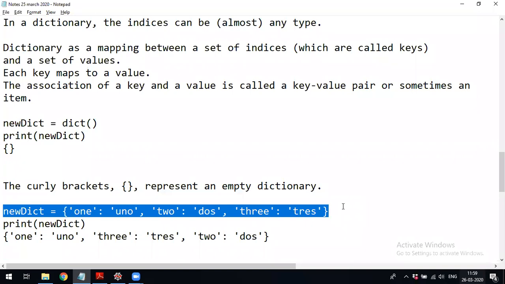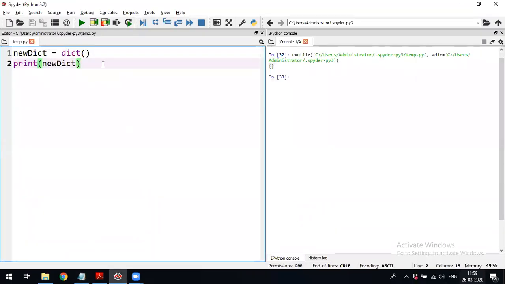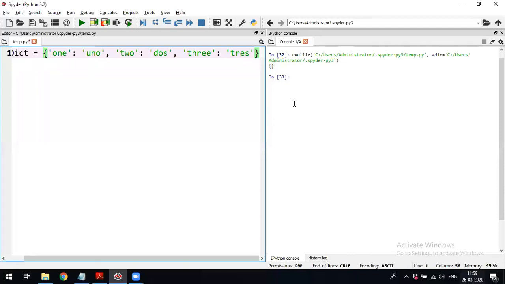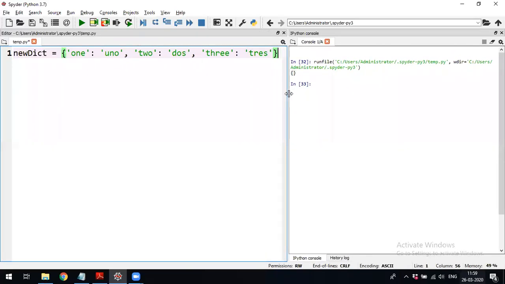I said the dictionary is always a key value pair. In that case, if you want to store or create a dictionary, see how we initialize within the flower bracket. It is not big brackets as for the list. If you are creating a dictionary, it is the flower bracket. Within the flower bracket, first will be the key, second will be the value, comma. Next will be the key, colon, then the value.